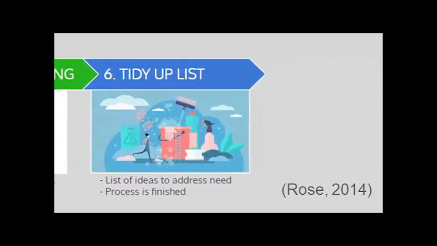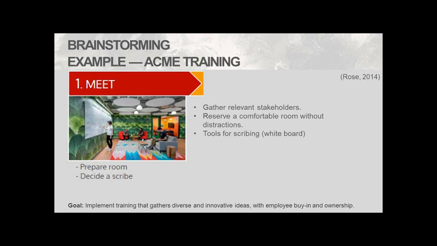Number six is tidy up that list. So the idea here is that the list gets tidied up and you're more likely to actually use that information and be able to find it. Now I'm going to use my own Acme project as an example, and mine is,